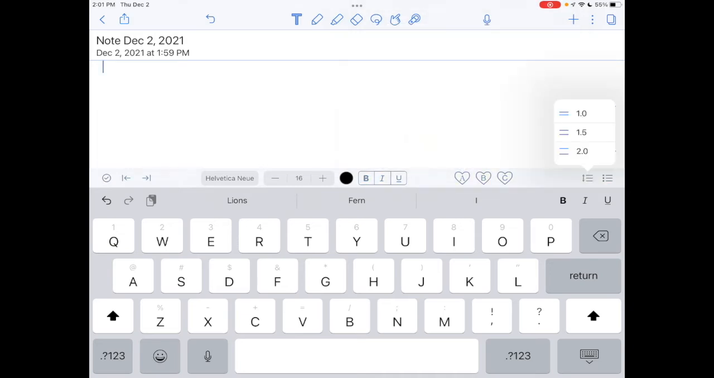Next to those 3 hearts, you have the ability to change your line spacing from single space, 1.5, or double space. And then finally, you have the ability to have a bulleted list, a numbered list, or a checklist. So there are the basics of your text toolbar. I'm going to close my on-screen keyboard, and the last thing I want to show you in this tutorial is